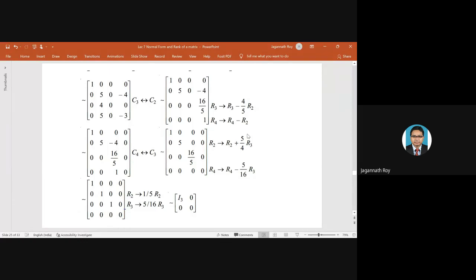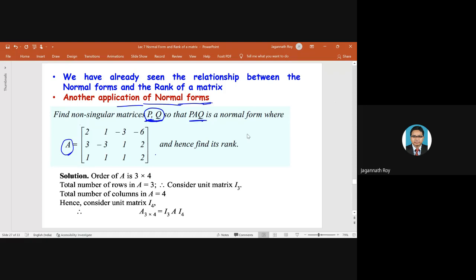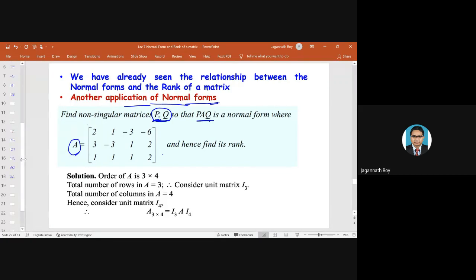In this way, normal forms have more steps, so they help us understand things easily. If we have only 0s and 1s in the matrix, then it becomes more simplified. The most simplified matrices are the identity matrix and the 0 matrix. With these matrices, we can operate easily. So this is one beautiful application of the normal form, which we can discuss now.